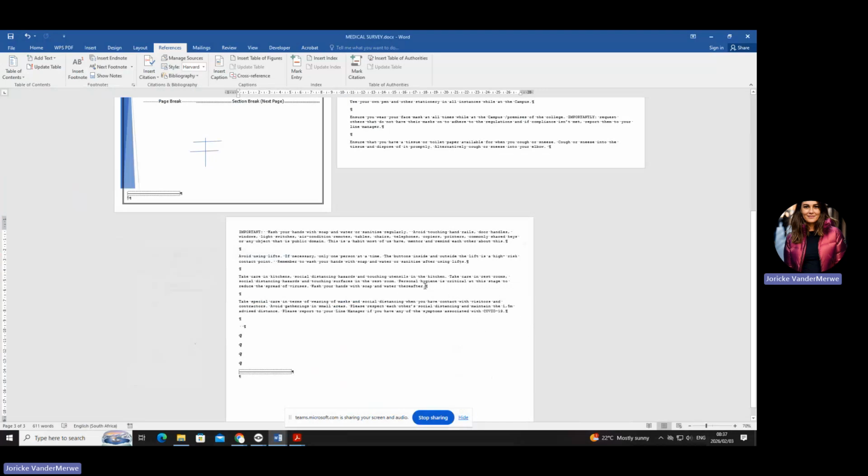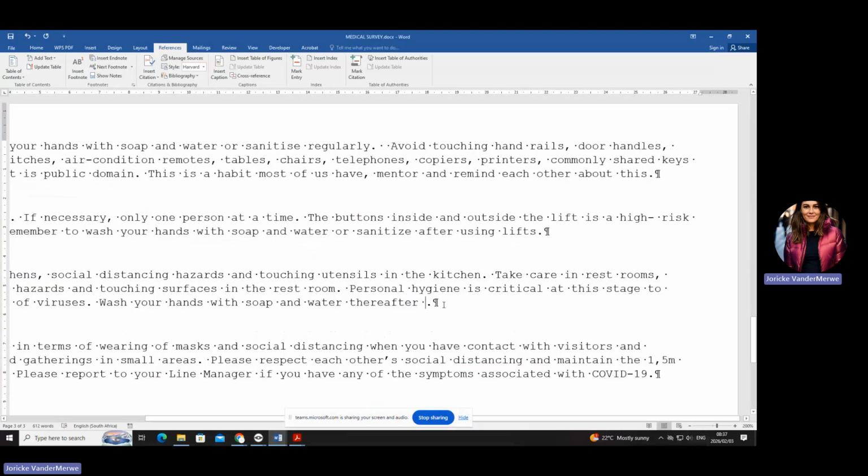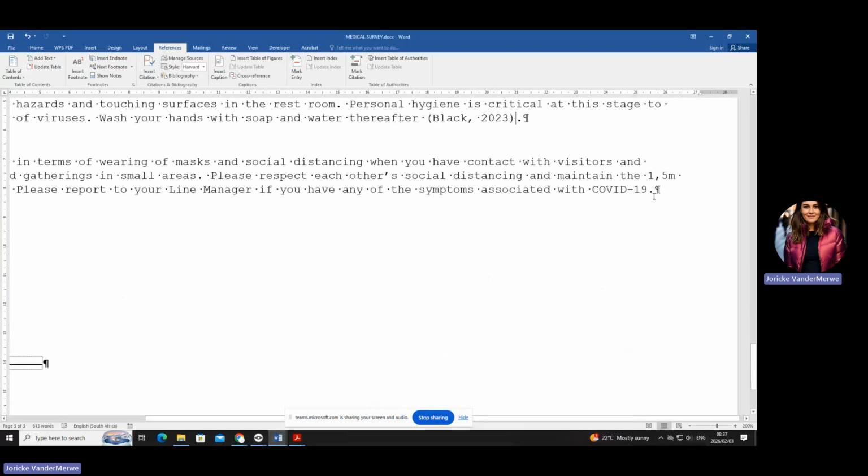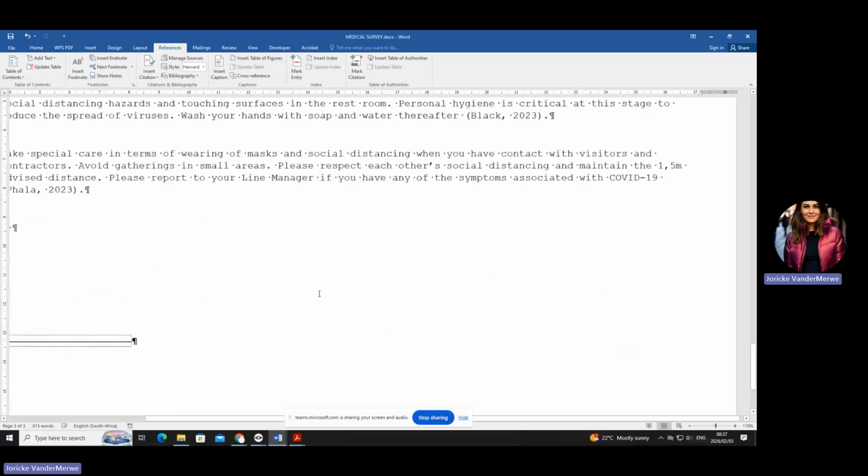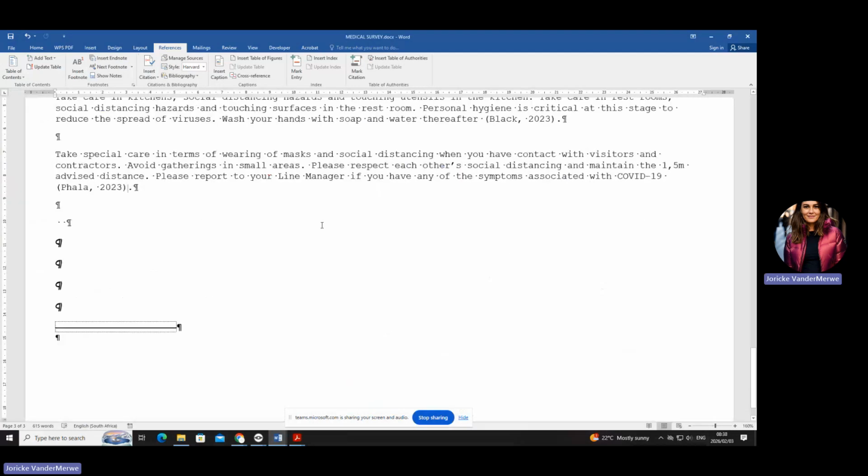How do you insert a citation? It always comes in front of the full stop. Okay, are you with me? So make a little space there. And then do you see there's an insert citation? You click that and then you choose the one they want. Okay, remember this was citation 1 and then this is citation 2. They don't give you the location, so we didn't omit any marks for students. All right, now number 18.